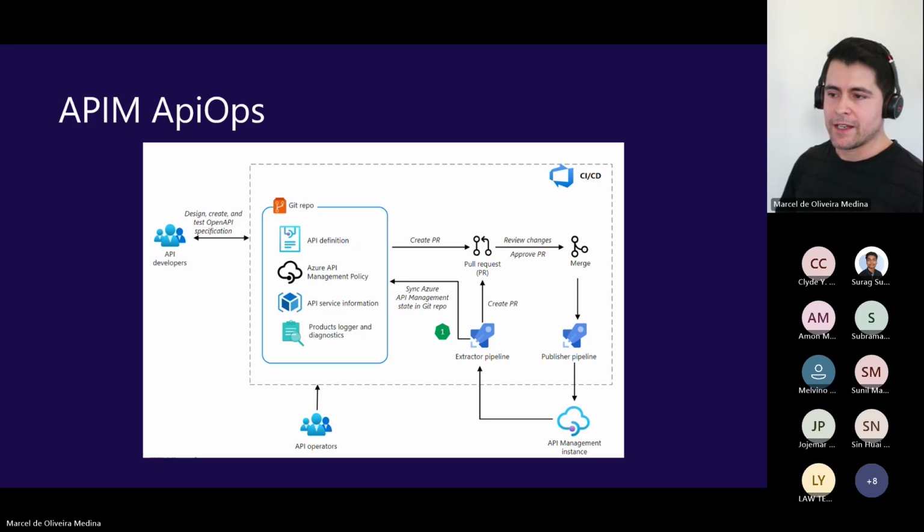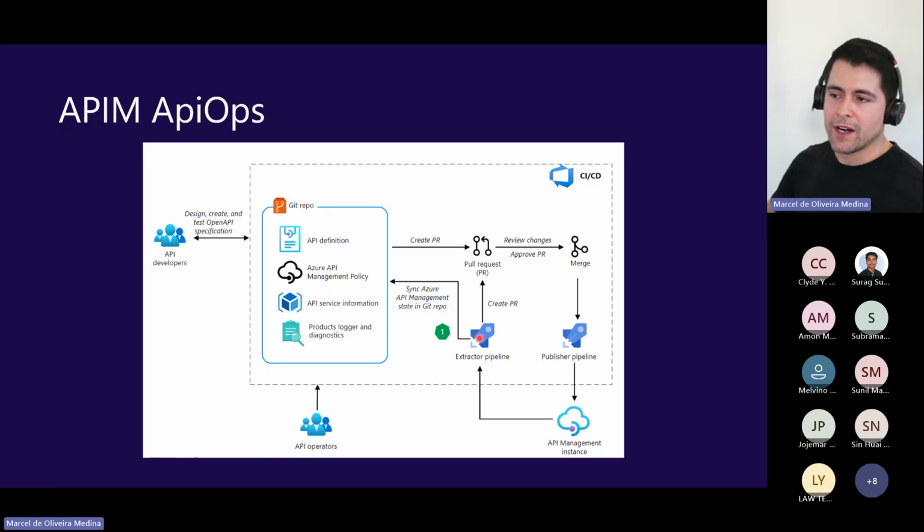So in general, we're going to have these two pipelines, the extractor and the publisher pipeline. The extractor is going to extract the schemas from API management. I'm not sure where the schema is coming from here, but the idea is that the API developers could just trigger this pipeline that's going to pull everything that's in here.